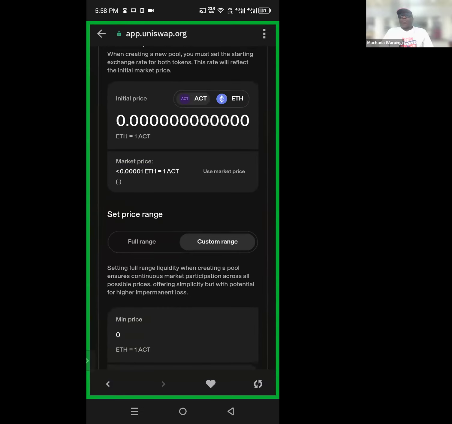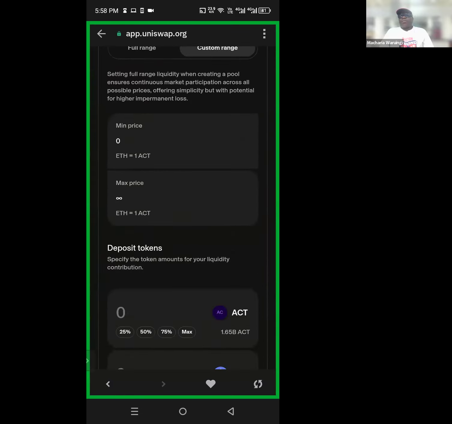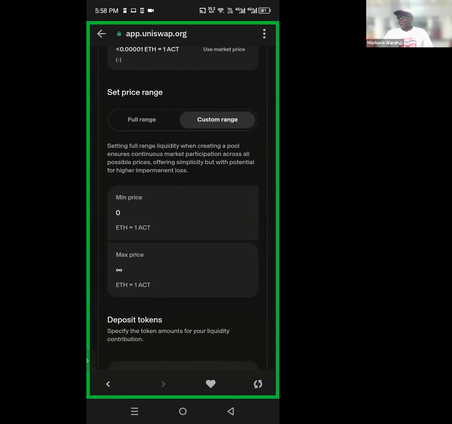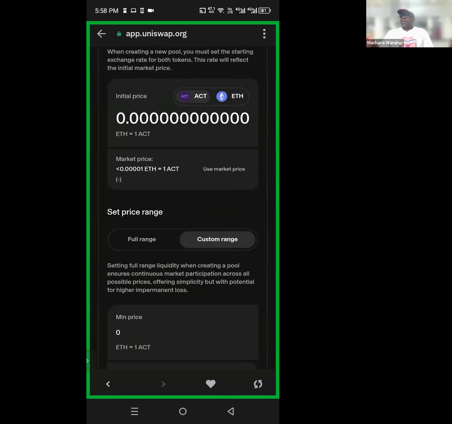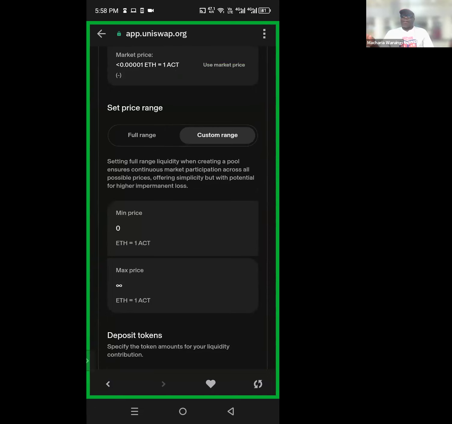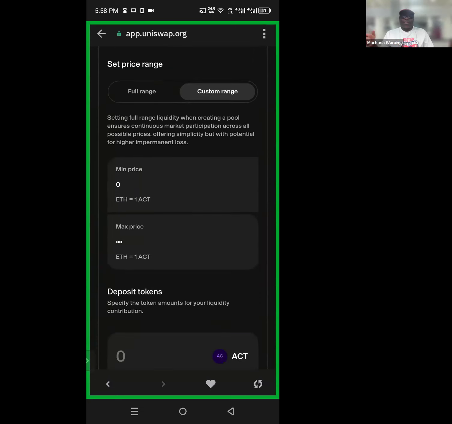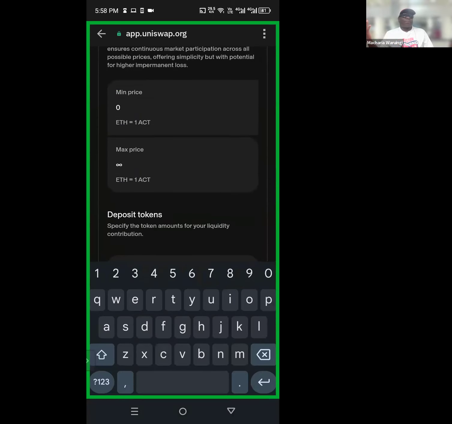So that's why you don't want to do full range. You want to make a limited range, so that if somebody tries to offer like 70 cents to the dollar for your tokens, you say don't sell. Or if the price is too high, don't sell.